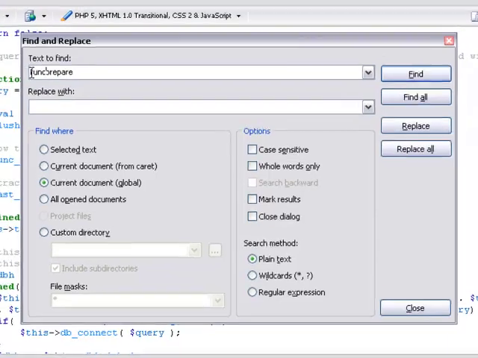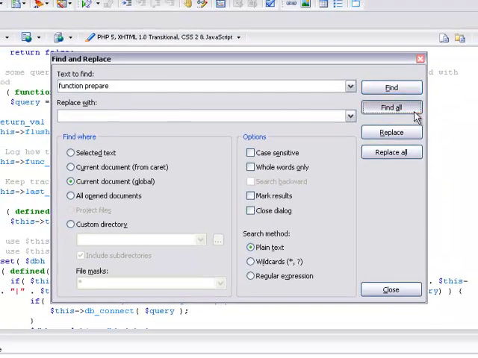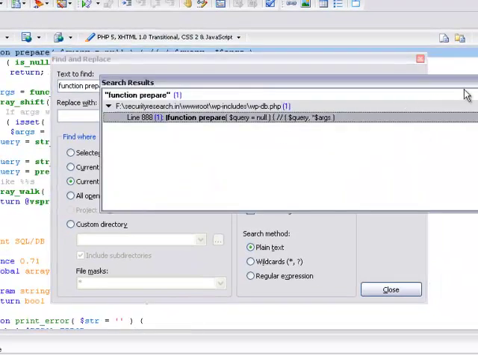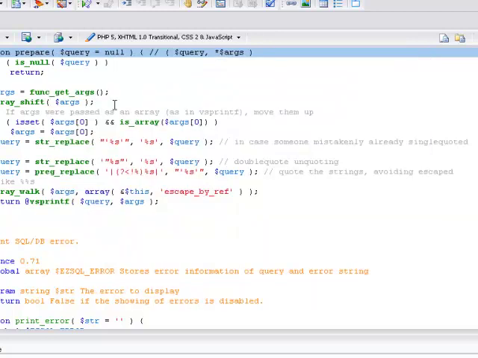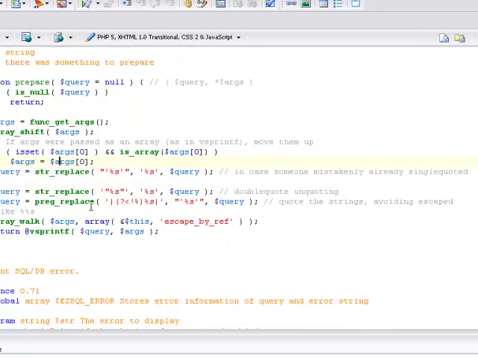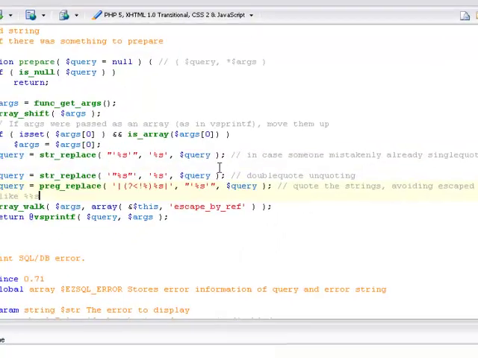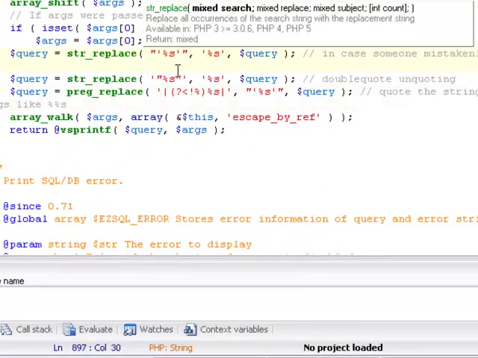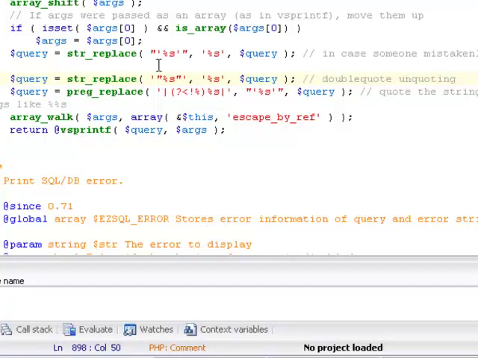Let's look at where this function prepare has been defined. Okay, so what we see here is this function prepare is first replacing all the single quotes in the query